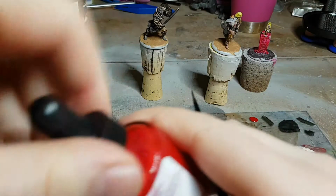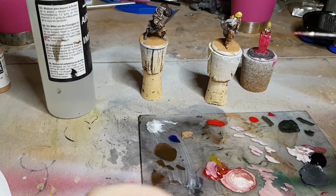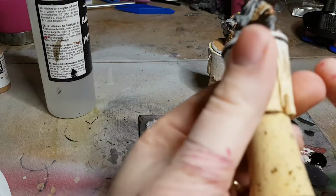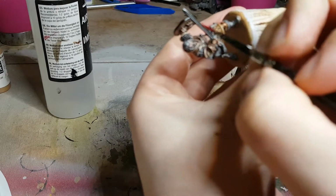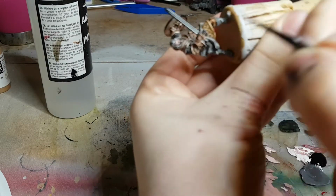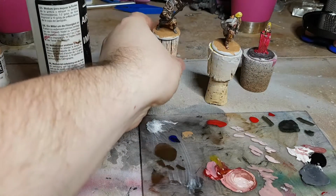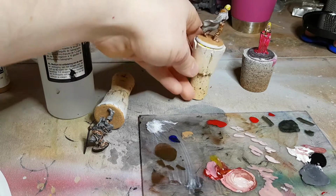For now, what we're going to do is take a little bit of our red ink, noting that it goes a little bit pink because it's a little thin when it applies, and we're going to be going in to do the mouths of our miniatures. Doing the mouths is the first step towards making these faces look better, because just a little bit of pink on the lower lip, if you look at how the light and shadow falls on someone's face,